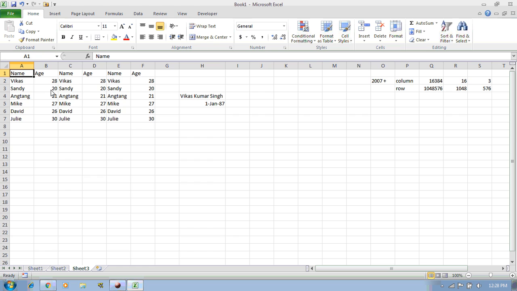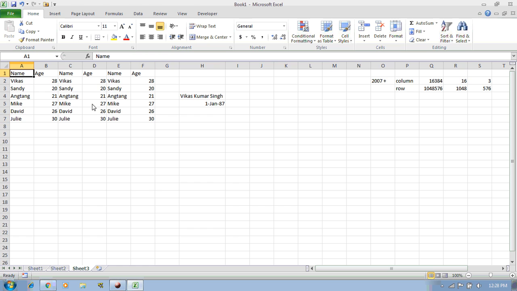Now let's discuss one more scenario. Just for example, you can see that this is our data, and you want to go to the end of the data, or I would say you want to go to the end cell which is there in the data. So what is the end cell here? It is F7.